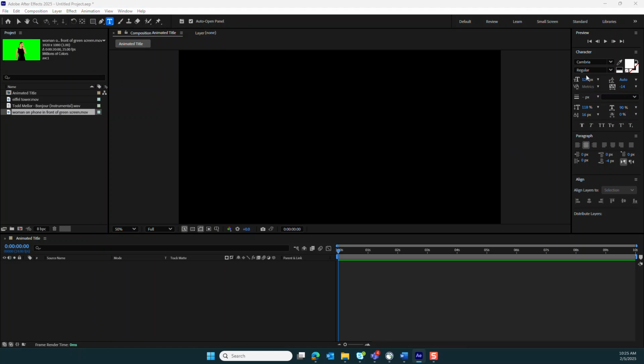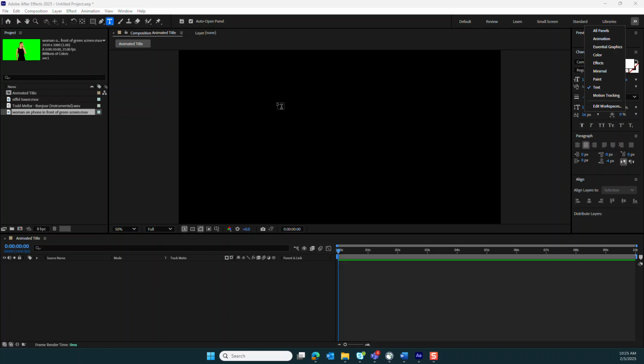And you'll see on the right-hand side that you have the text window open. If it's not open, there are two arrows pointed to the right over here. If you select that, you can see these different panels that you can open in After Effects. And so for this one, we want text, which is already open. So if it's not, you would just select text and it would open it here on the right. So now that we have that done, our next step is to